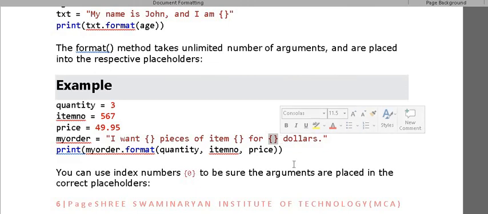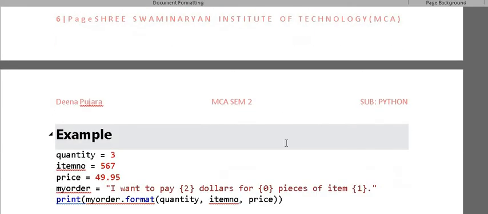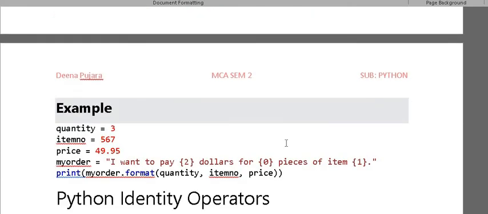Whatever value we want to print, we have to give it with the string dot format function, and whatever arguments you want to give, you have to give. The index number basically starts from 0.